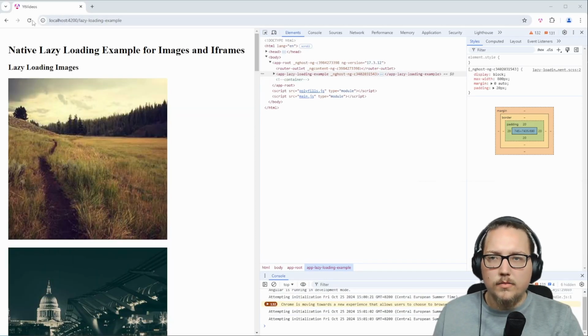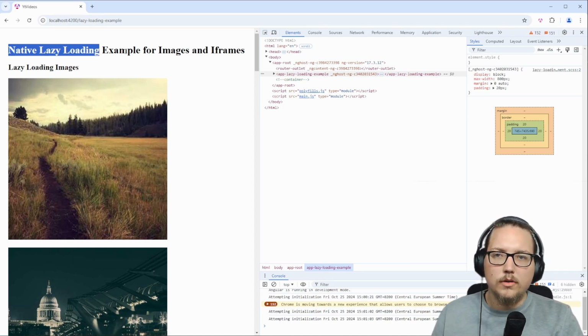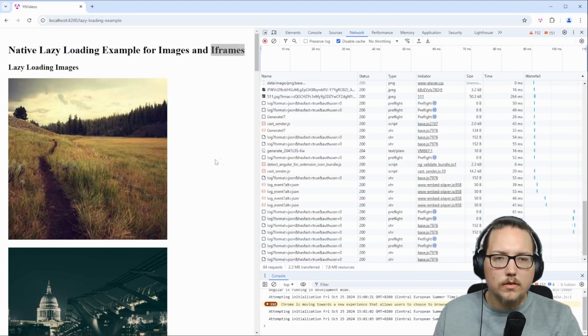Today I want to go over native lazy loading. That's a technique where the browser enables you to load images and iframes when they are needed. That means we can quickly go into the